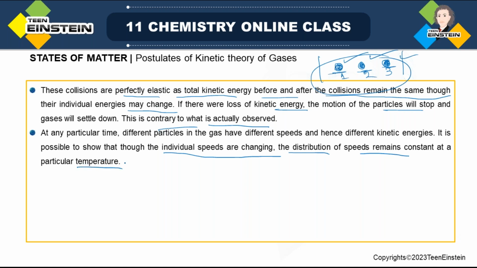Now what is meant by distribution of speed, you will be able to understand once we see a graph related to this, the graph of speed, that is, fraction of molecules versus speed. So probably we'll see that in the next class. Right now just remember this fact: it is possible to show that individual particle speed is not fixed. For one it is v1, for two suppose it is v2, then v3, but the nature of the distribution of speed is similar and constant at a particular temperature. Then you change the temperature, there will be another type of distribution. Okay,